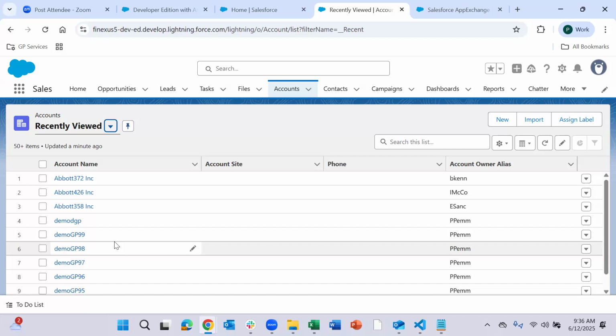So I am explaining in detail because some people are from a non-IT background also. So you should also know what an object is, what a field is, because these are the very minimum concepts in Salesforce. If you don't understand what an object is, you cannot move forward. So you have to understand what an object is. So when somebody is giving you the data, how are you storing it?